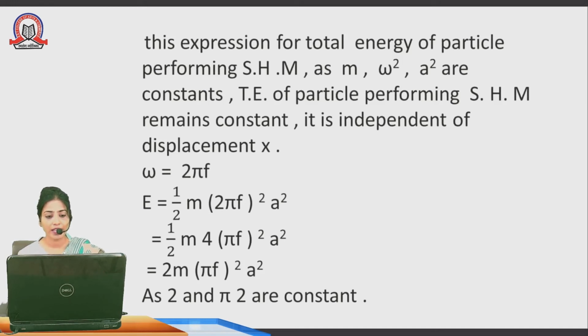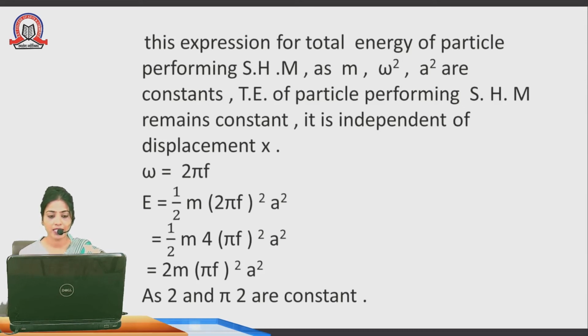तो यहाँ पे क्या है? ओमेगा इज इक्वल्स टू वॉट? 2 पाई एफ. ओमेगा क्या है? 2 पाई एफ. So my total energy is represented by 1/2 m in bracket 2 pi f whole square a square. So whole square 2 into 2 का whole square is what? It is a 4. So 4 take outside, m 4 in bracket pi f square a square. So 2 to the 4, then equation become 2m in bracket pi f whole square a square.